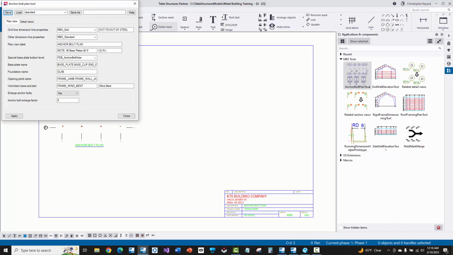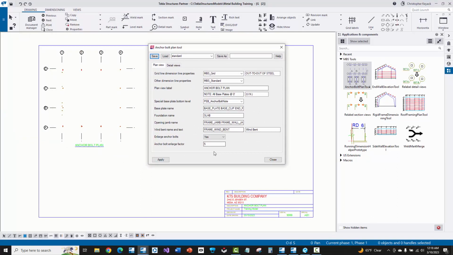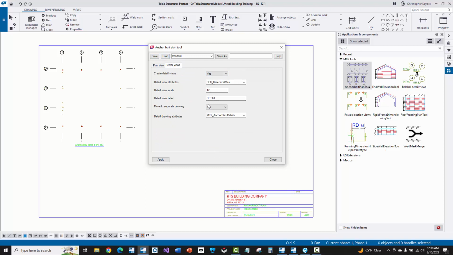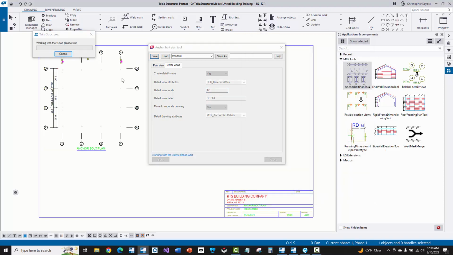I'm going to do the anchor bolt plan tool. Now here I can come in and I can set the scale of my blow up views. I can then also set the scale of my basically detail views that are going to be created over here. I'll press the apply button. It'll read through the drawing, add some additional dimensions, draw my scaled up blow up views for all of my